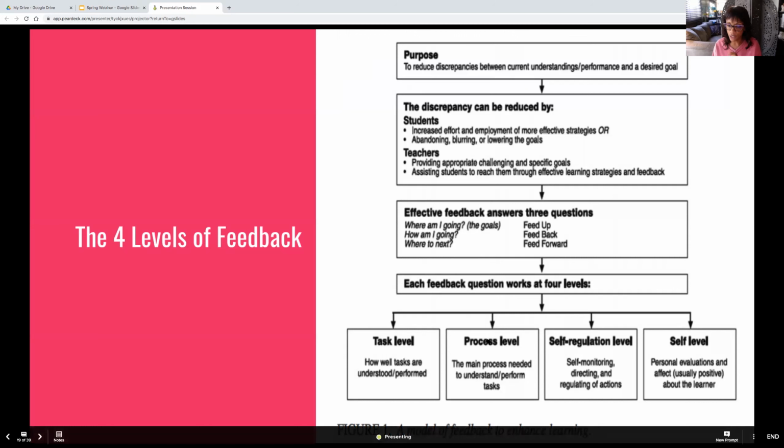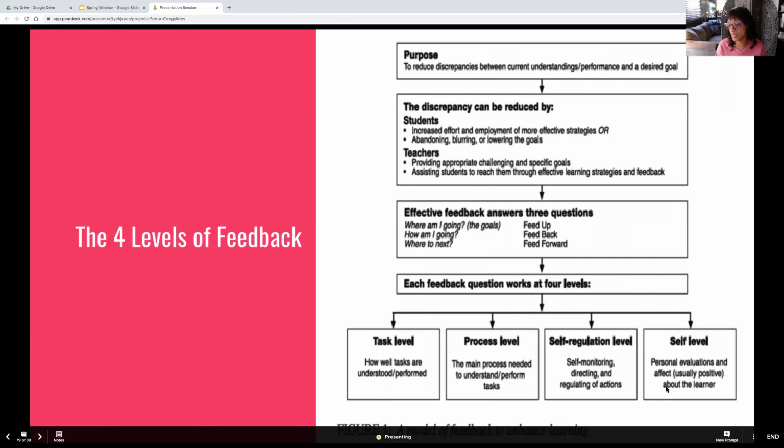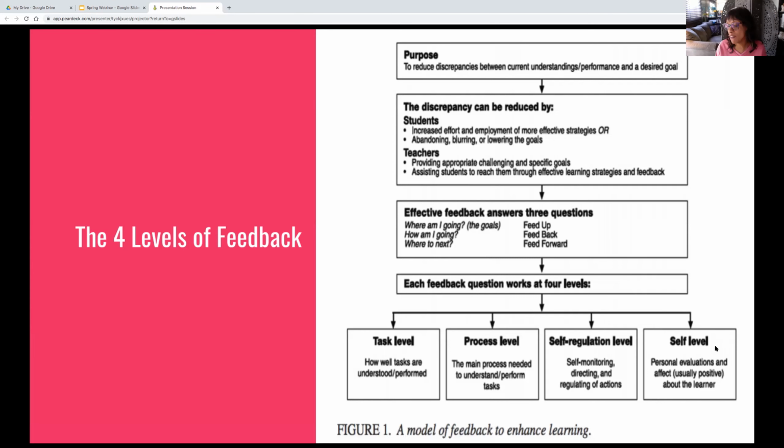So these 2 levels, the process level and the self-regulation level, are very, very important, which could then lead to the self level where they can personally evaluate themselves. This is also a good level when you have peer-to-peer tutoring, when they ask those questions, because children are harder on other children than the teachers are to the students at times. And there are times when I'm saying to myself, oh, I didn't know that you picked that particular item up, and they're able to evaluate their cohorts or the students as well.